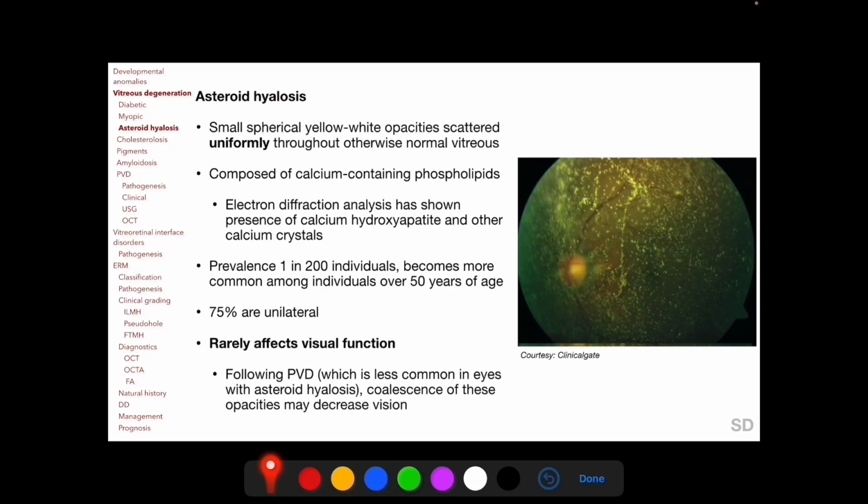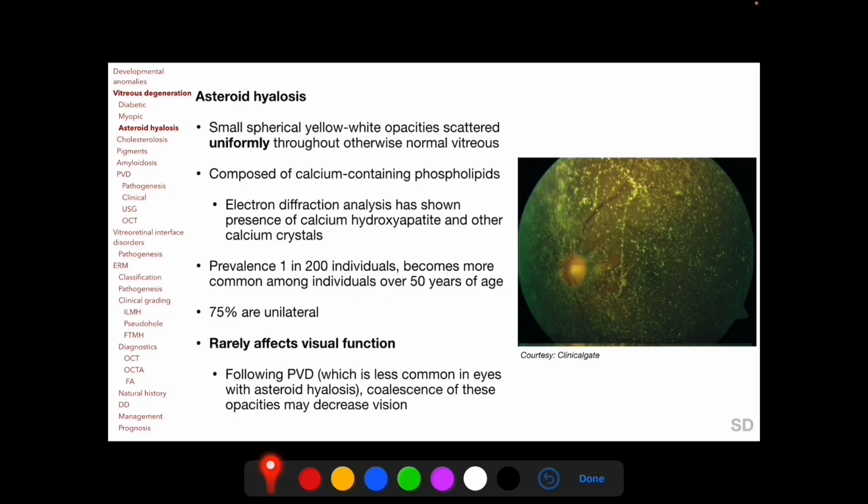Asteroid hyalosis, as seen here in this clinical photograph, is the presence of small spherical yellow-white opacities scattered uniformly throughout the vitreous cavity. These opacities are composed of calcium-containing phospholipids. Prevalence of asteroid hyalosis has been estimated to be 1 in 200 individuals, and the prevalence increases among individuals over